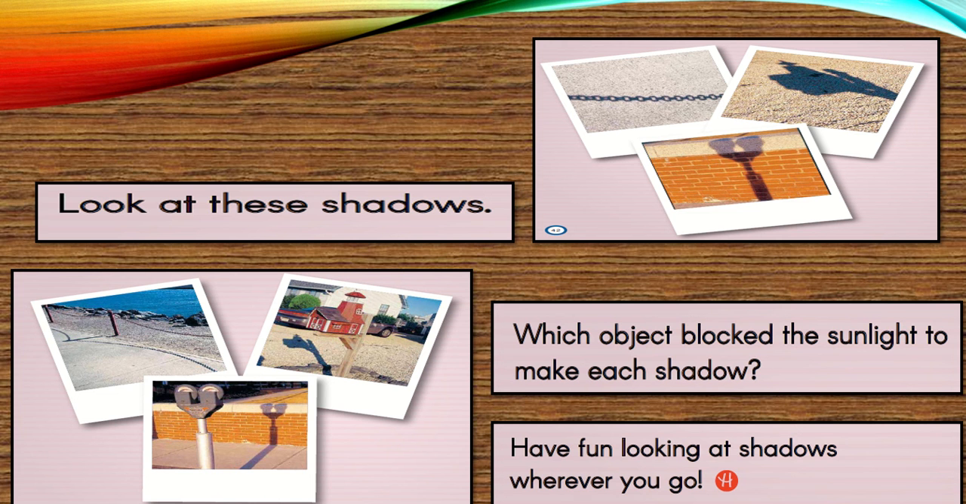Have fun looking at shadows wherever you go. So here we have different places for the shadow. This depends on the direction of the sunlight or the light source. If the light source is behind you, your shadow will be in front of you. If the source of light is in front of you, your shadow will be at the back of you. And if the source of the light is beside you, your shadow will be beside you on the opposite side. So this is how the